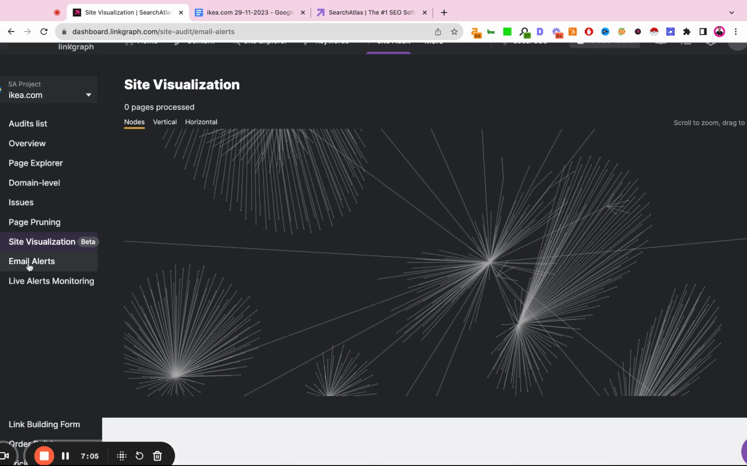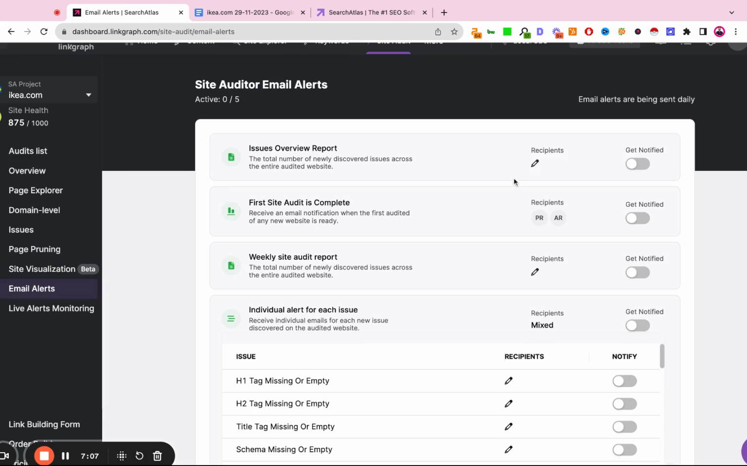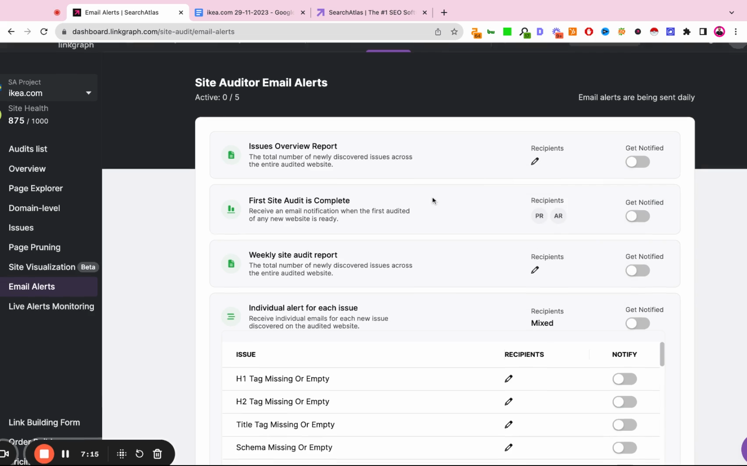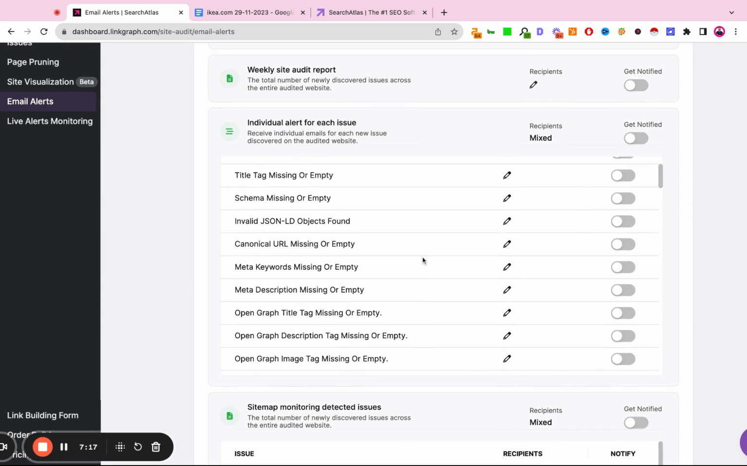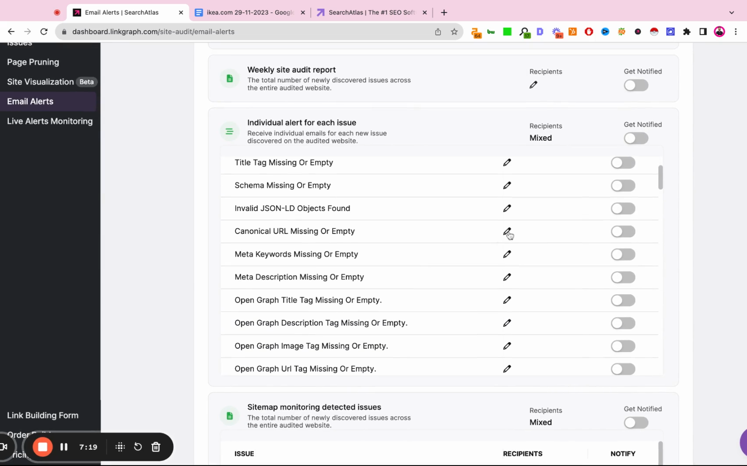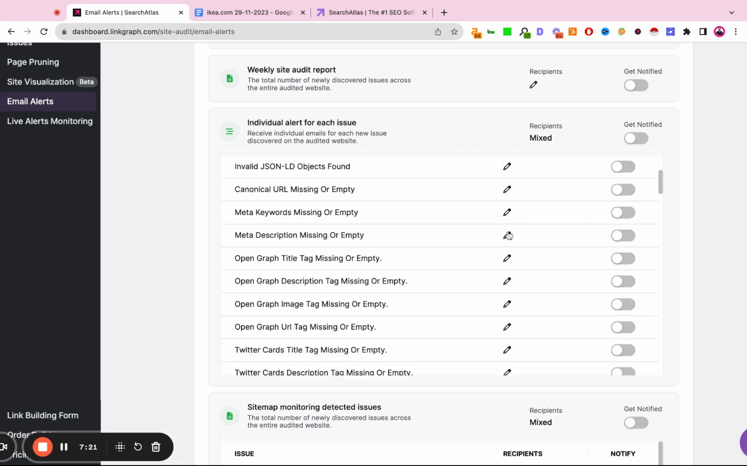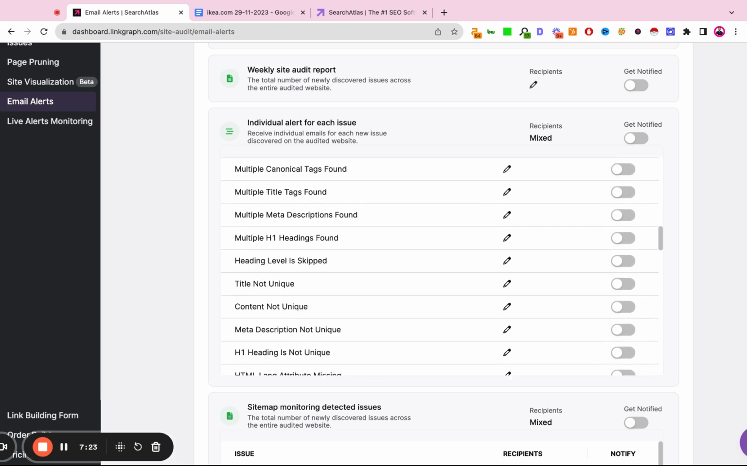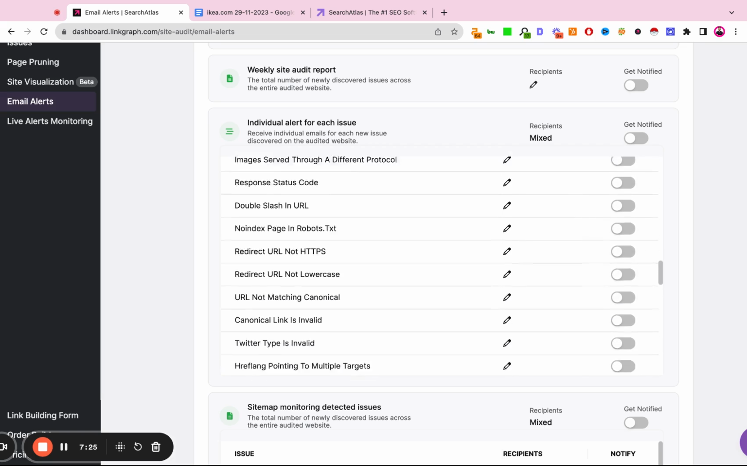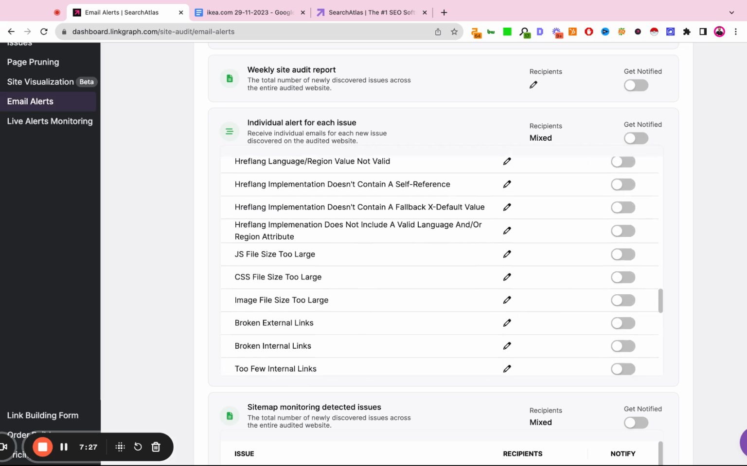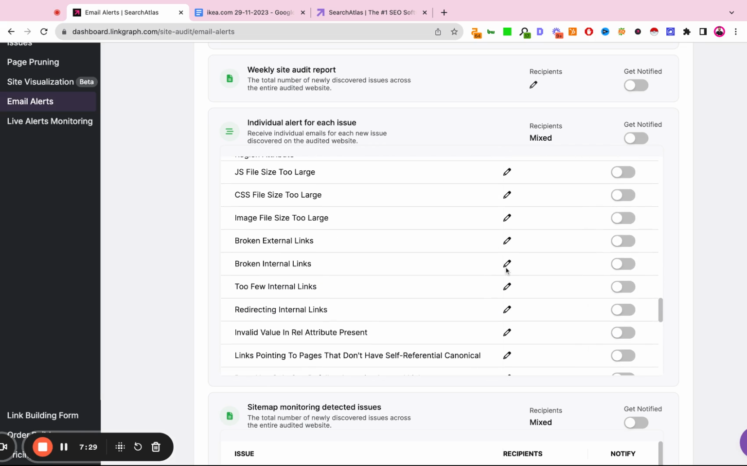And these email alerts allow you to set up notifications to specific team members. So every time an audit is complete, you can have a team member receive a copy of that audit. Or if there are only specific items you want to be notified for, so for example, if a canonical tag is missing, or if there are status code errors on the site, or if an internal link is broken. So you can essentially cherry pick which items to be notified to specific team members that are going to be